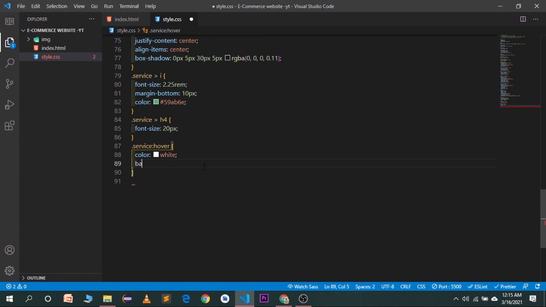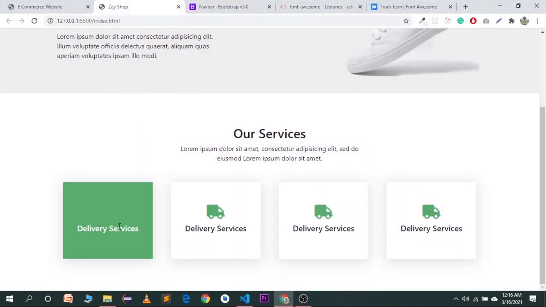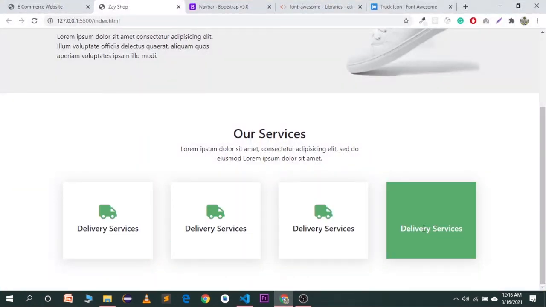And the background color we want is a green one. Oops, the background color is not going to be white. We want a green one. Let's save it first of all. And now the background color is going to be this color. Let's save it. And now you will see, as I hover, the background color has changed into green,